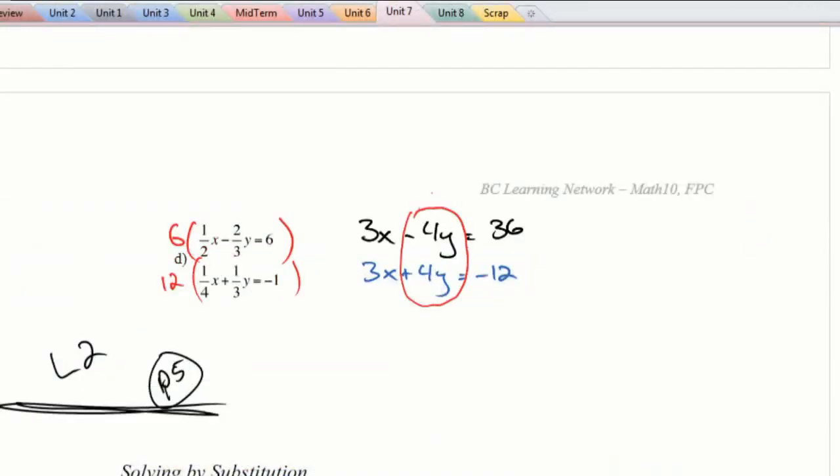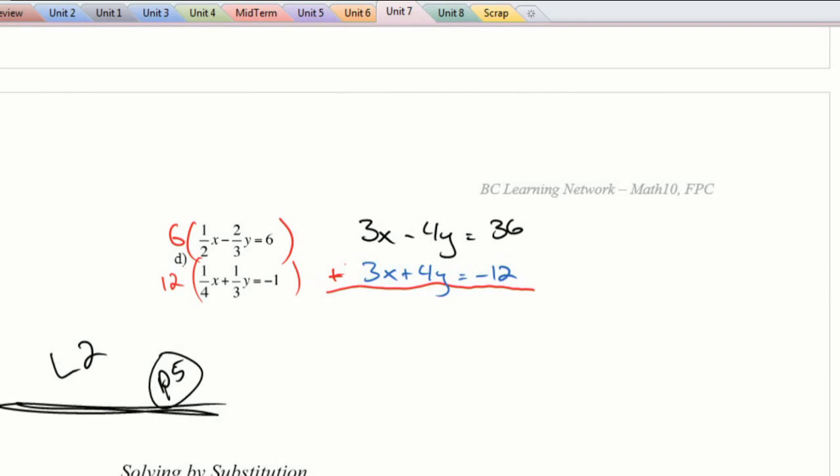So you could do 2 things on this question. You could add these together, which would probably be my first choice, and that would get rid of your y's, which is kind of nice. Or you could subtract them, and you'd get 3x minus 3x, which would get rid of your x's, and negative 4y minus 4y, so we'd end up with negative 8y. So I'm going to add these things together,